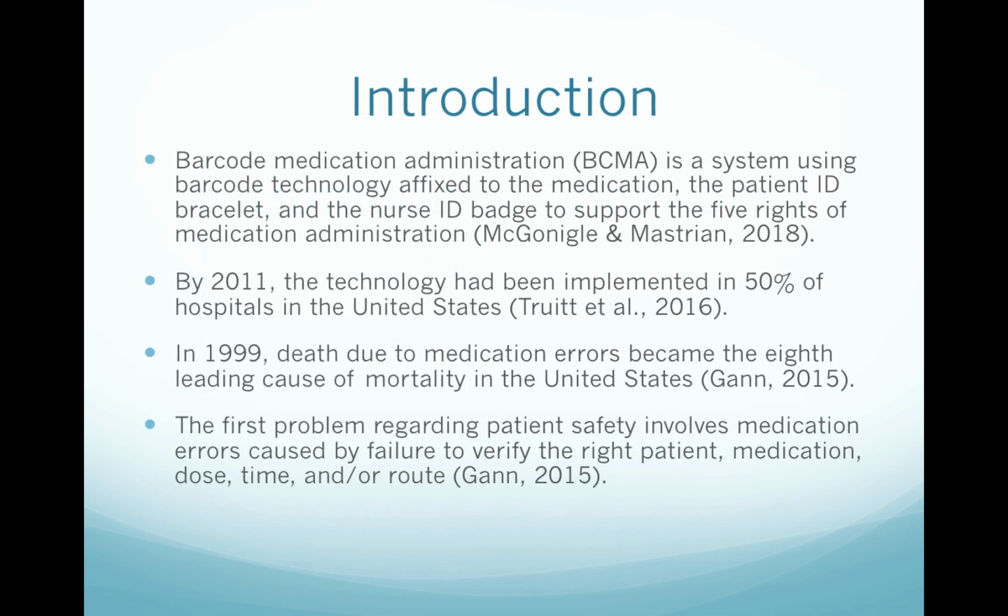To start off with, barcode medication administration, or BCMA, is a system using barcoded technology affixed to the medication, the patient ID bracelet, and the nurse ID badge to support the 5 rights of medication administration. Upon admission to the hospitals, each patient is given a barcoded wristband specific to their identity. Before administering any medications, the nurse scans the barcoded wristband and then scans the medication. If there are any differences between the patient and medications and the electronic medication administration record, then a notification will